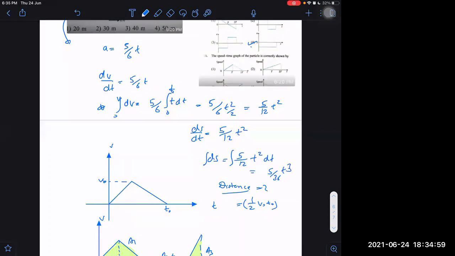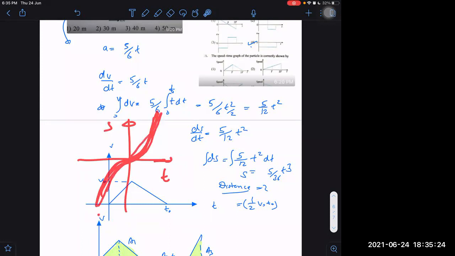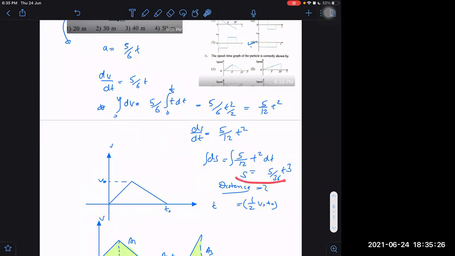Now you are asking how to plot the graphs. For plotting the graph, first you have to write the equation. After writing the equation, you can plot the graph. Can you not plot the graph of t cube? What kind of graph do we have for t cube? If I have to plot the s versus t graph, it will be like this. This is the s versus t graph. Right or not? So this is how we plot the graphs.